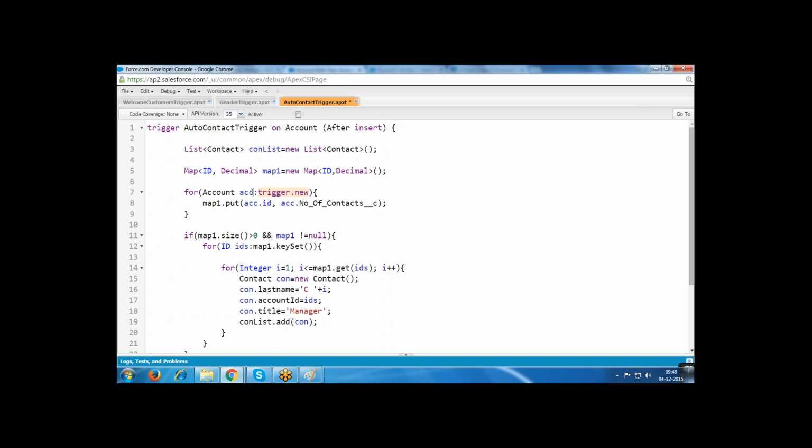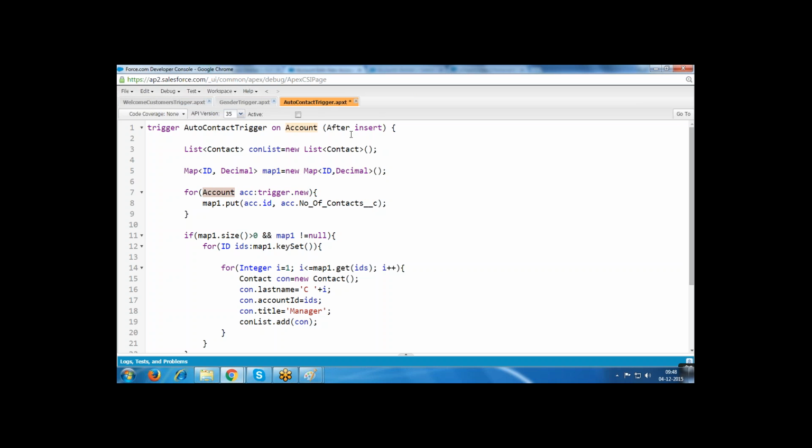From that, in the account acc record we get whatever record is inserted. This is after insert only. After inserting, that record is fetched and stored into the account object. The record contains values: account name, phone number, every field is contained in the account.